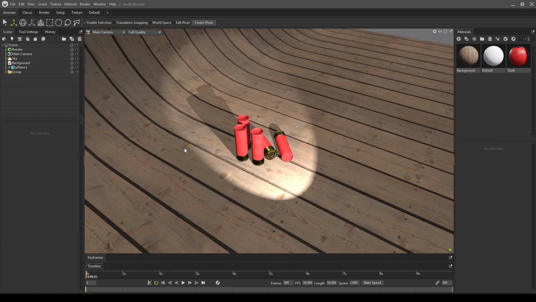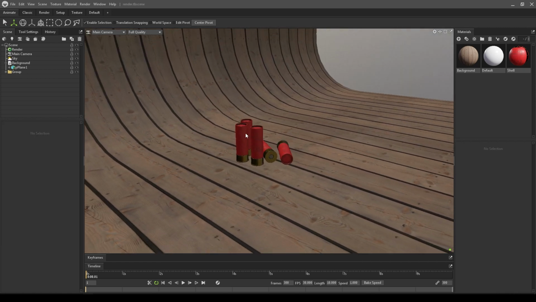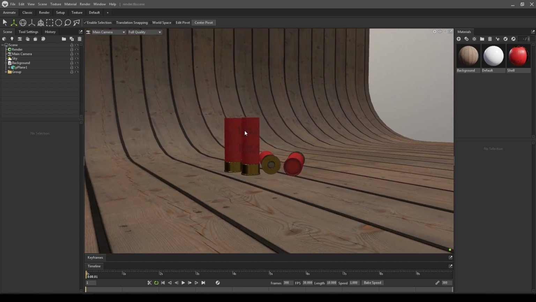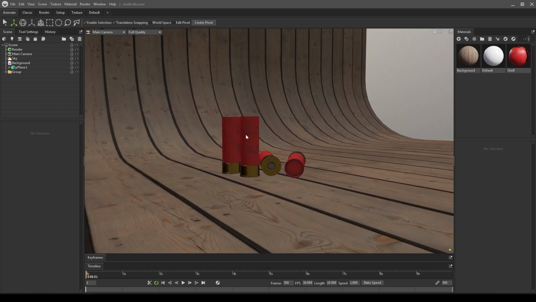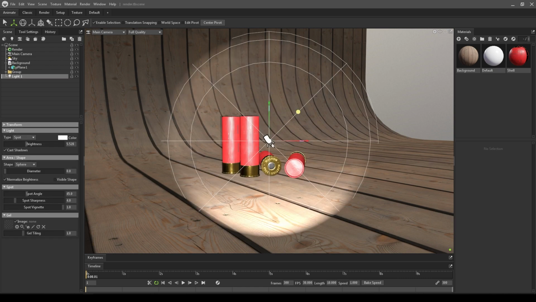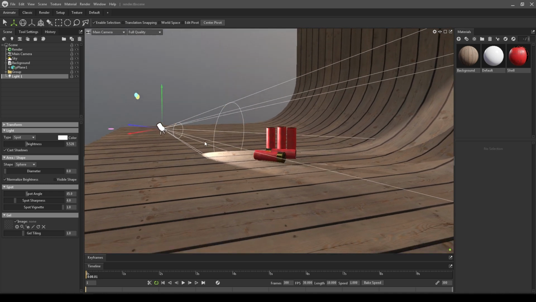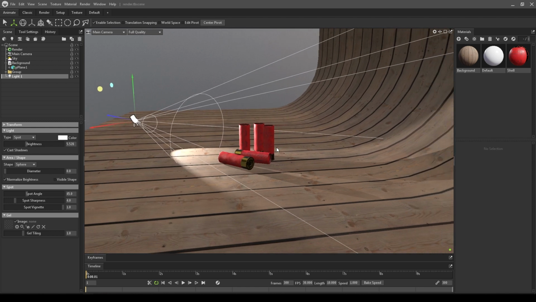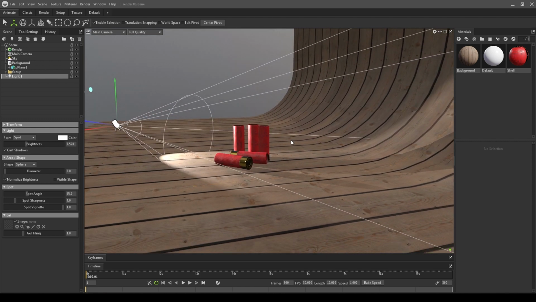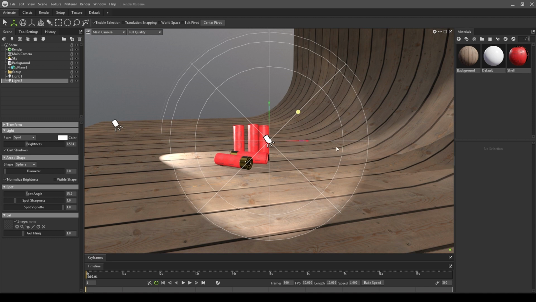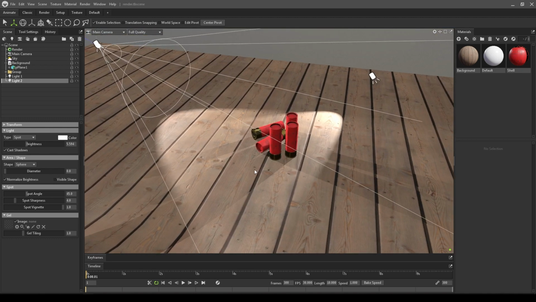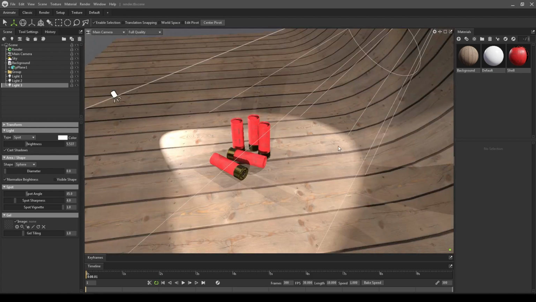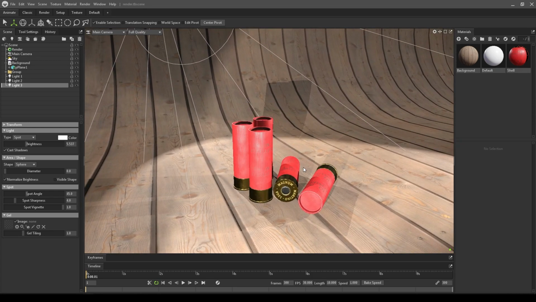Or what you can do, delete this, select a view where you want your light like this, and press Ctrl L to add a spotlight. So I want my light facing this way, so if I press Ctrl L here, then it's going to place the light here like this, and same thing here. And if I want my other light here, so I'll just place my camera like this and press Ctrl L to add a light. Same thing goes here, press Ctrl L and add a light. So I have light in my scene.